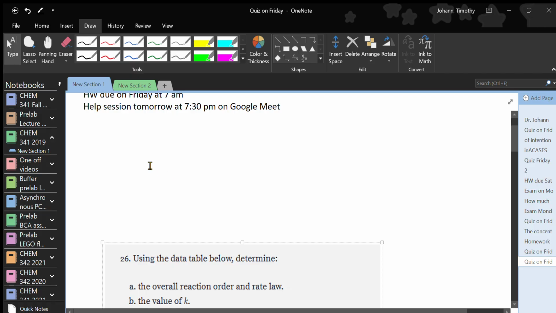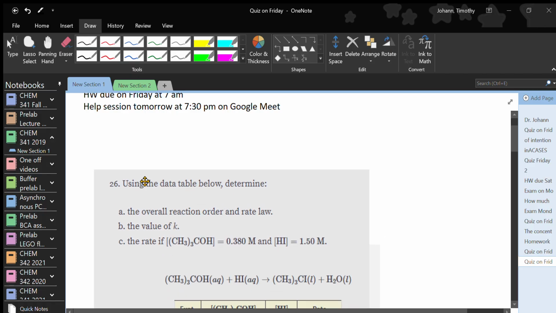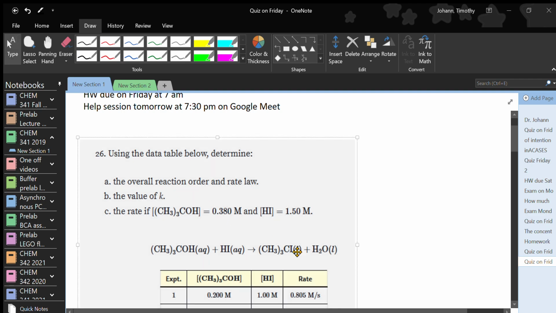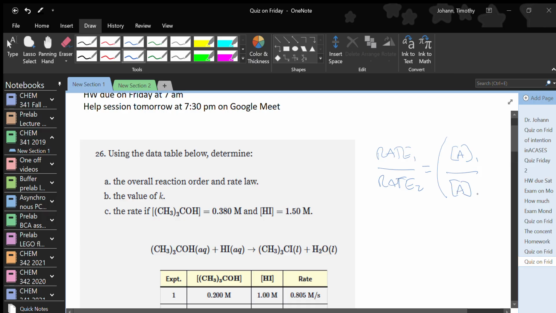We've got a problem here from the back of your book. What it's going to require us to do is figure out what the rate law is for this reaction. I want to remind you that the equation we use is the rate under condition 1 over the rate under condition 2 is equal to our concentration. I'm just going to put A in here, okay? Concentration under condition 1 over concentration under condition 2,